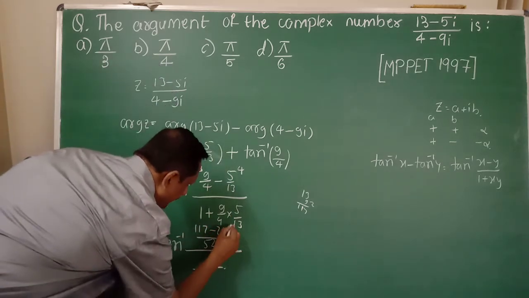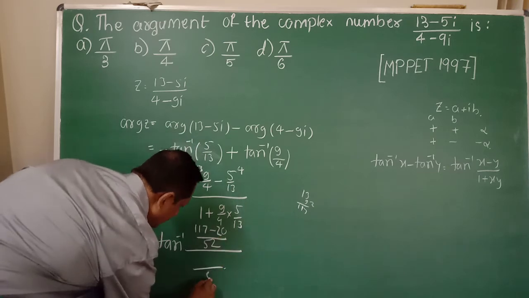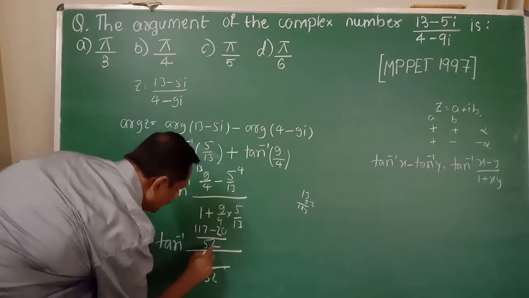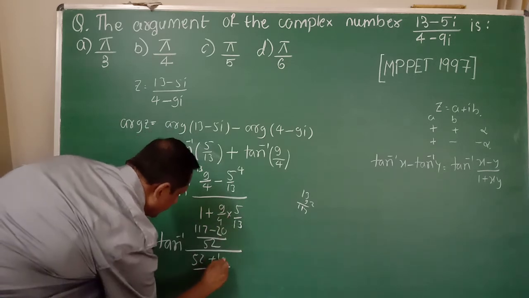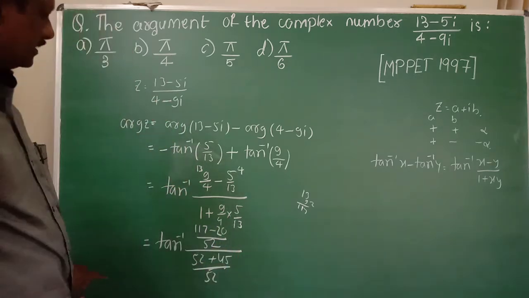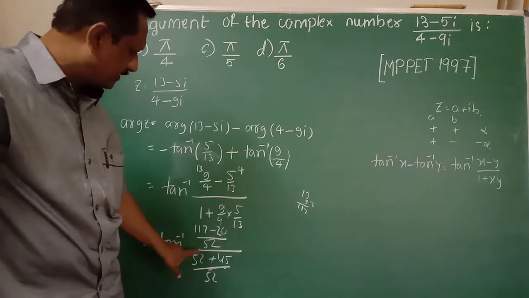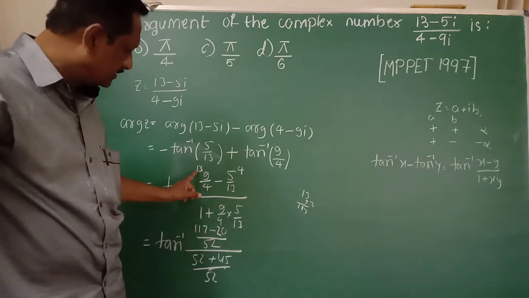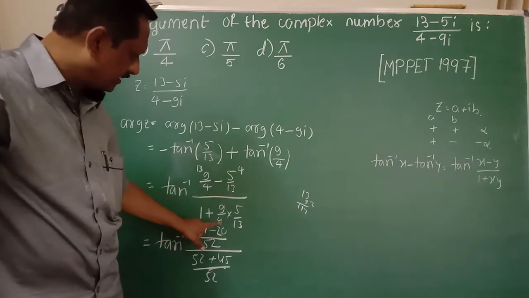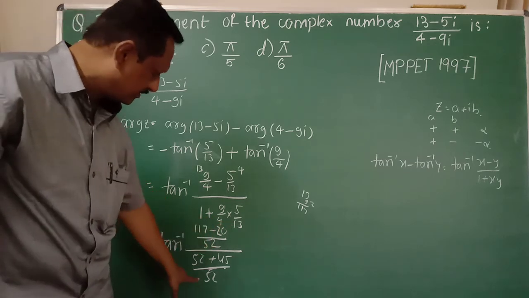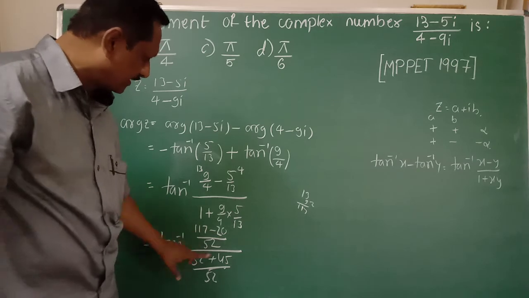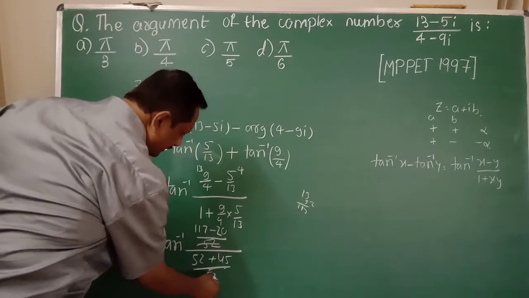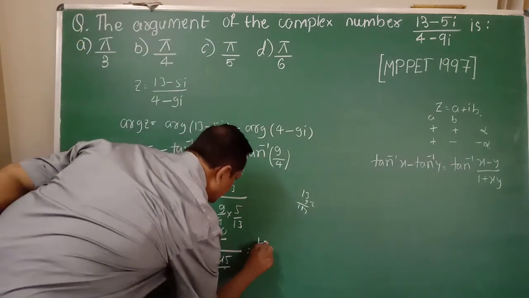Again 52, 13 into 4, 52, the LCM. So 52 plus 9 fives are 45. Again 52 plus 9 fives are 45 here. Then this 52 gets cancelled here. Hence tan inverse of